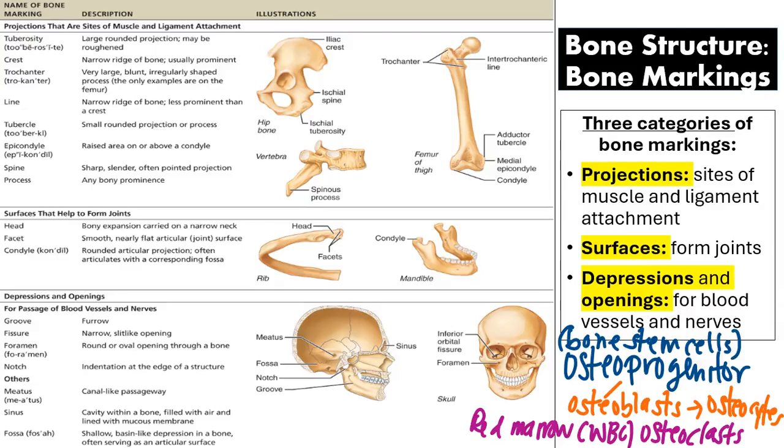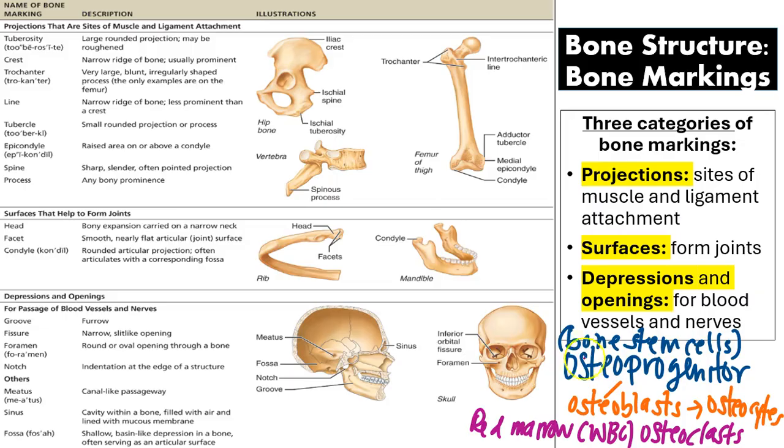Hey folks, before we get started, I did want to reiterate a portion of osteoprogenitor cells or bone stem cells because I did make a mistake in how I was telling you. Number one, the bone stem cells or osteoprogenitor cells are going to create osteoblasts, and then those osteoblasts become osteocytes. Osteoclasts are formed from red marrow or the white blood cells of the red marrow. So they are not formed from osteoprogenitors like I was saying before. That was me misspeaking and mixing up all these different terms. So I do apologize, but luckily my brain was like, something ain't right, so I was able to come back